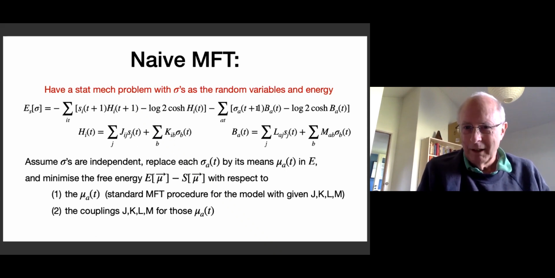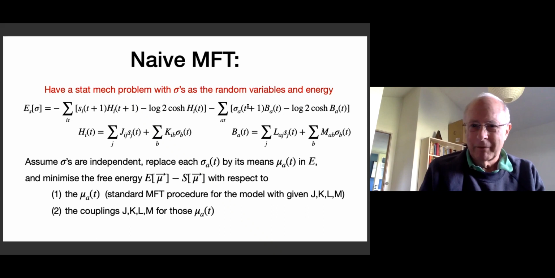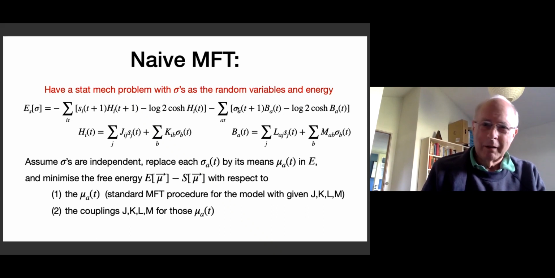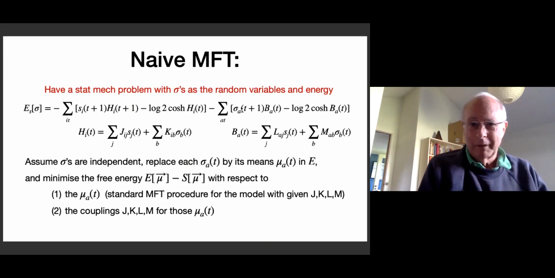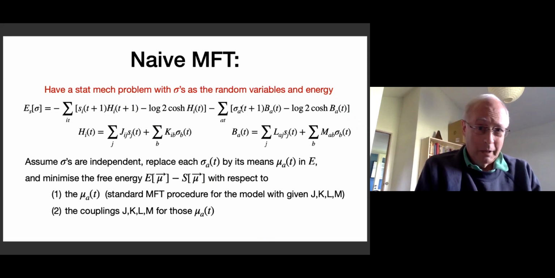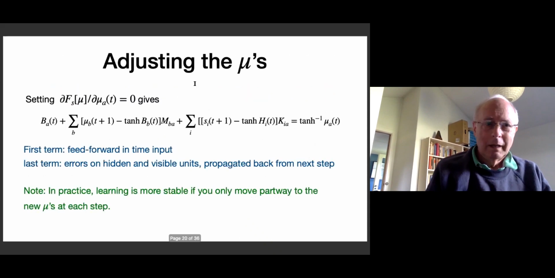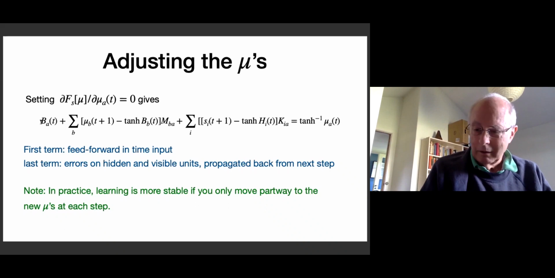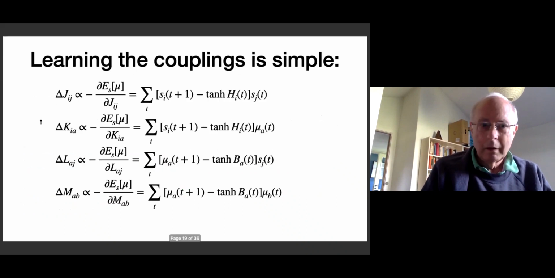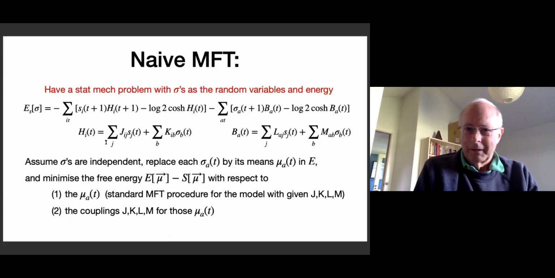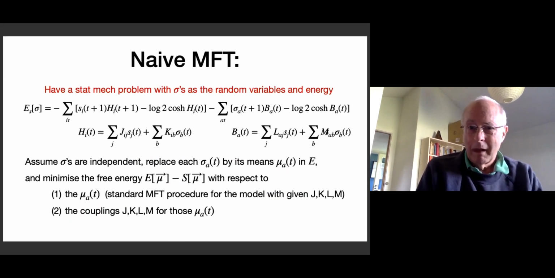It's both places, okay? But the one I wanted to talk about first is that here's the sigma of t plus 1, and that's going to be mu of t plus 1. So the mu's are right there, and they're multiplied by a b. So that gives us our first term in dF d mu. The others all come from this dependence of b on the mu's when we make that replacement.